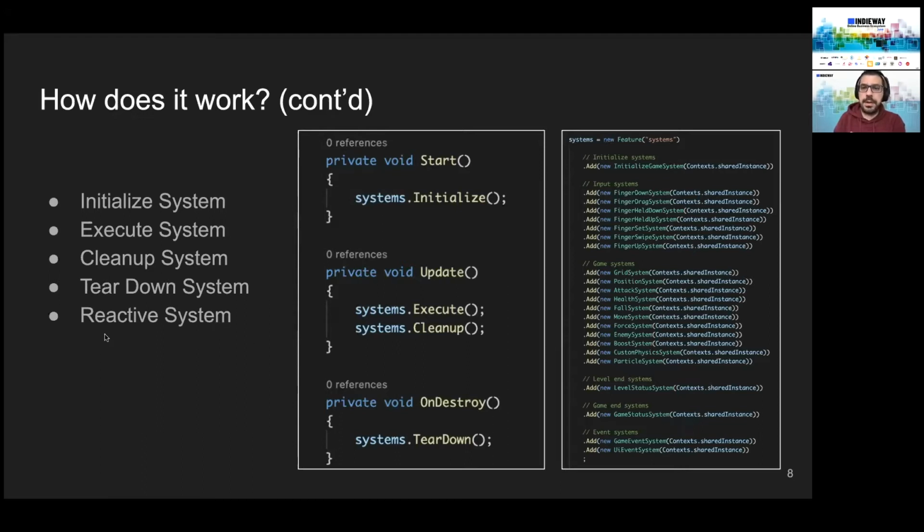The difference from Unity is that there is also a reactive system here. Actually, the reactive system does an important job. It's not working over all the components, but it works over all the changing components. You might add a new component on your entity and it is crashing with another entity. Then it works just on them.